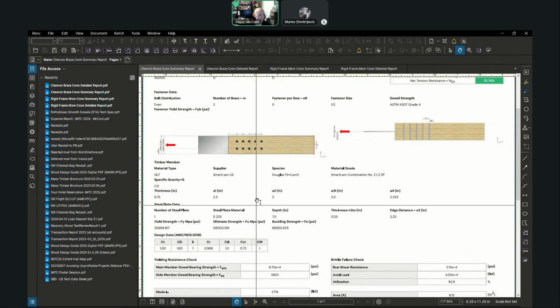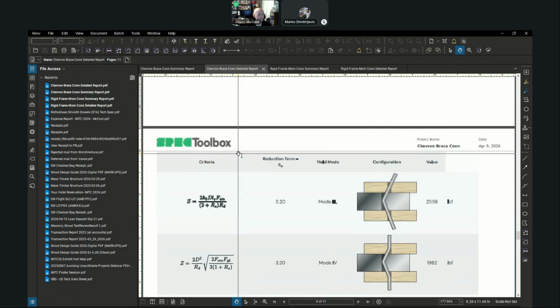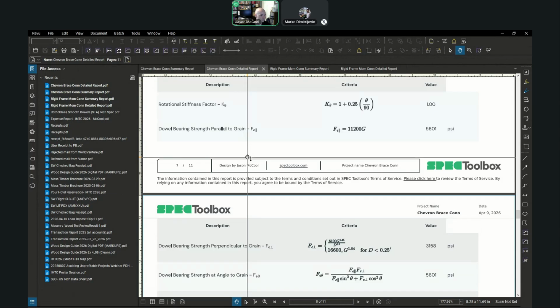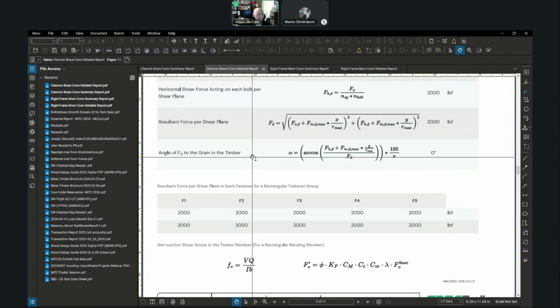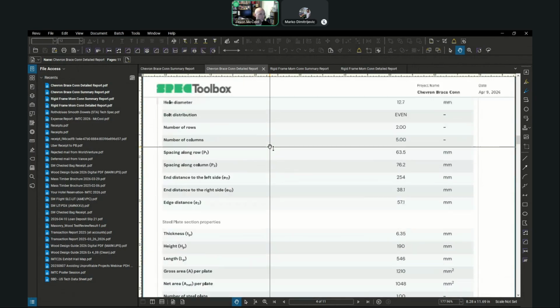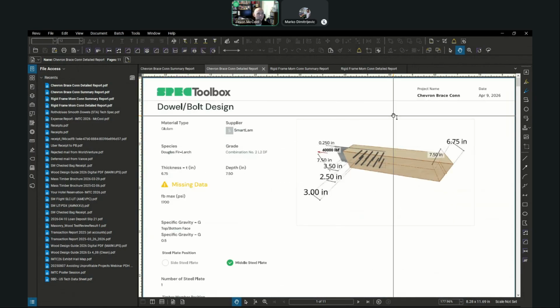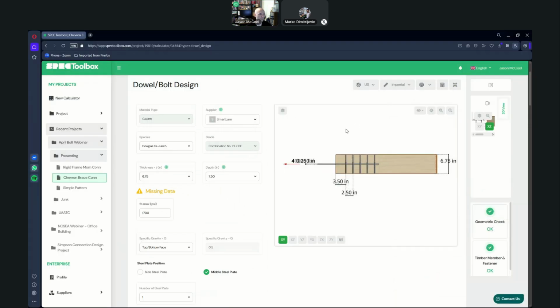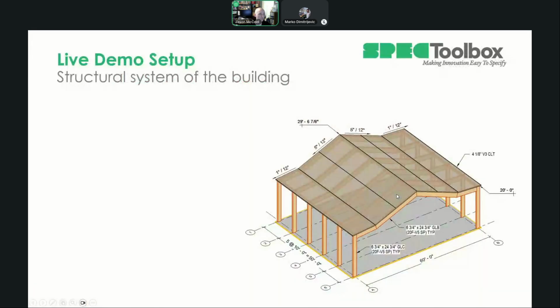But all of this just on one page, or I can do the detailed report that's about 11 pages, but that's going to run through the whole nine yards here, and there's that. So now we will go back to the presentation and set up for the next demo here, which is going to be a little rigid frame